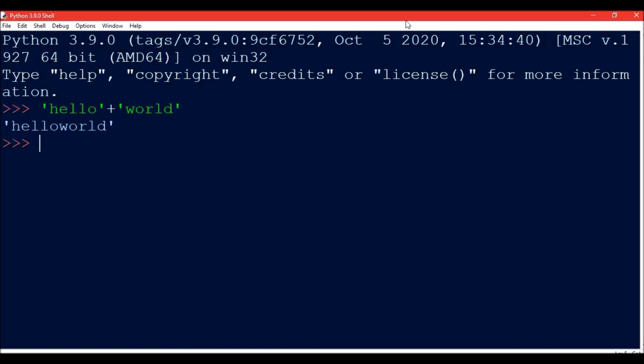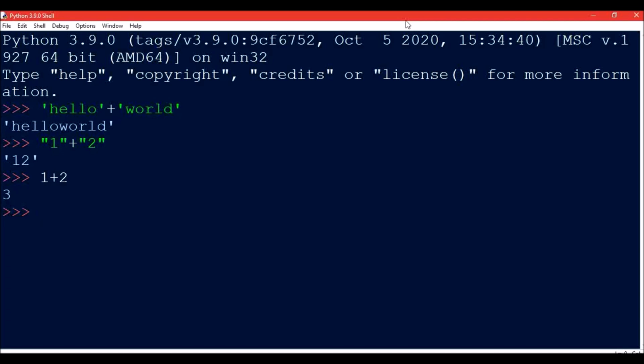Now if we write any number in the quotes, then the numbers will also be treated as string. So let's say I write 1 in quotes and I write plus, and then in double quotes I write 2. So the output will be 12 in quotes. But if I write 1 plus 2, then the output will be 3. If we are writing 1 in quotes and 2 in quotes, then 1 and 2 are treated as strings. So if we are applying the plus operator, that will be the concatenation operator and 1 and 2 will be concatenated. But if we are writing 1 plus 2, then they will be treated as numbers, so it will be 3.